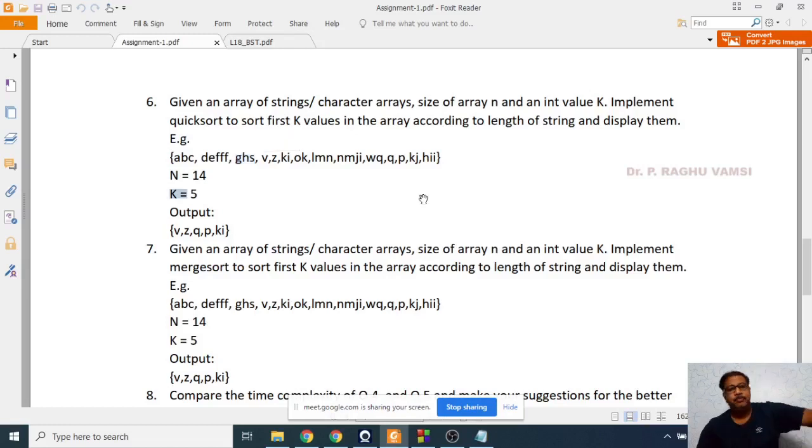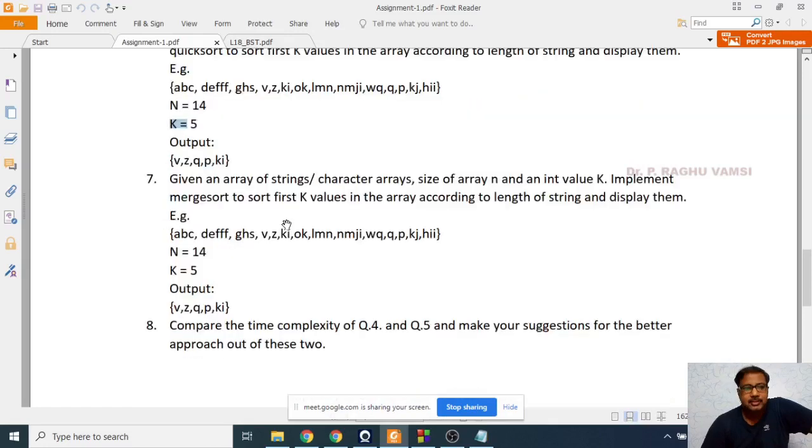If k is equal to 10, then sometimes it may go to the searching of all the strings with length 2, 3, and it may go to 4 also. 4 is not possible. 4 means it is almost around the 14th element. So maybe all the three-character length strings will be sorted. Okay, this is the quicksort algorithm. The same thing was asked for merge sort also. You are supposed to do it for merge sort also.